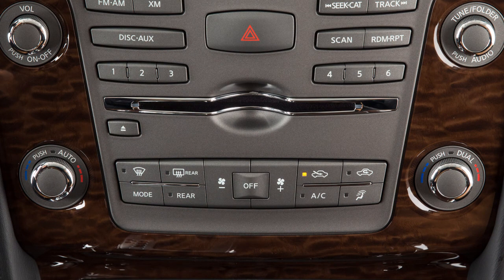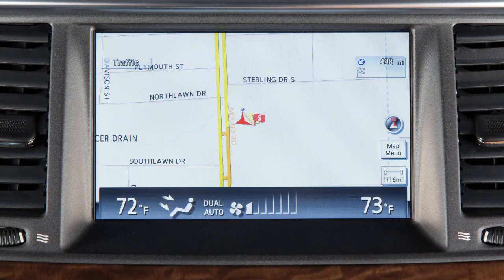Your vehicle has separate temperature control buttons for the driver and front seat passenger. Turn the driver's side control knob to the right for warmer or left for a cooler temperature. If you want to adjust the passenger side temperature independently from the driver's side, press the dual button or turn the temperature control knob left or right. The dual control indicator and the passenger side temperature will be displayed on the monitor.